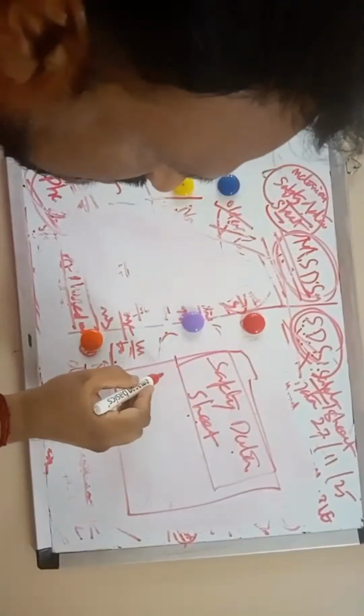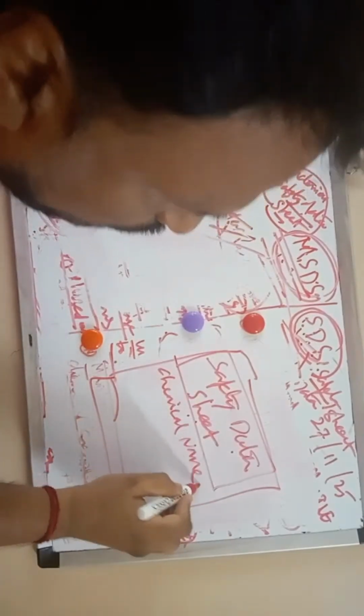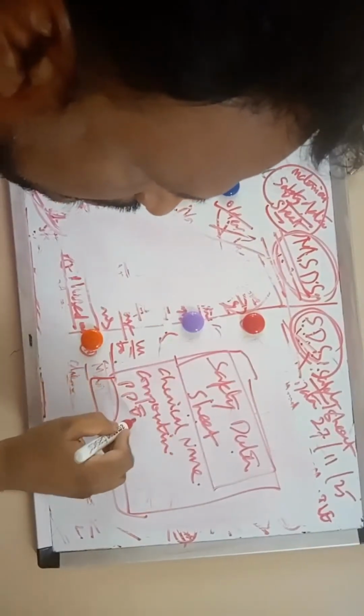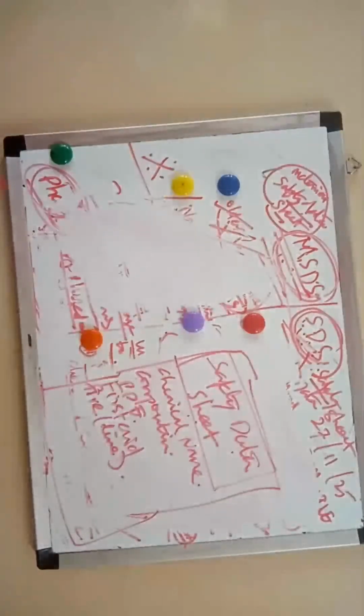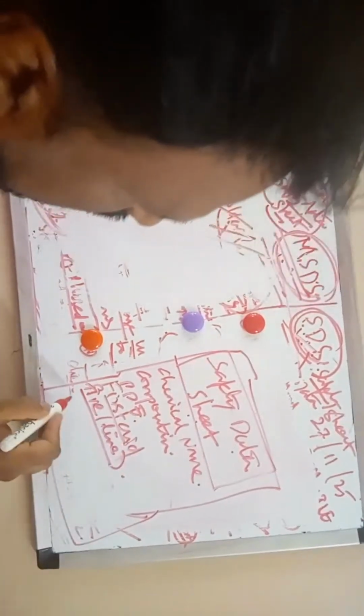In this safety data sheet, you can find the chemical name, composition, PPE, first aid, fire, line of fire, hazards,